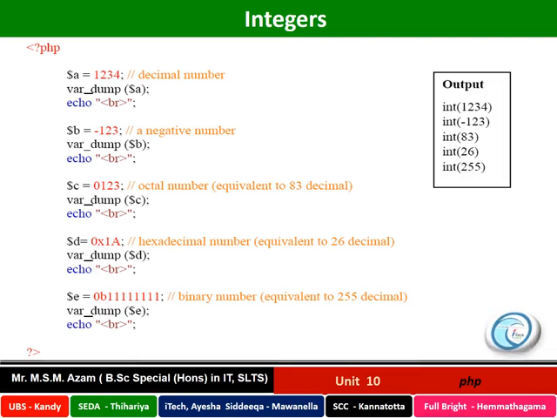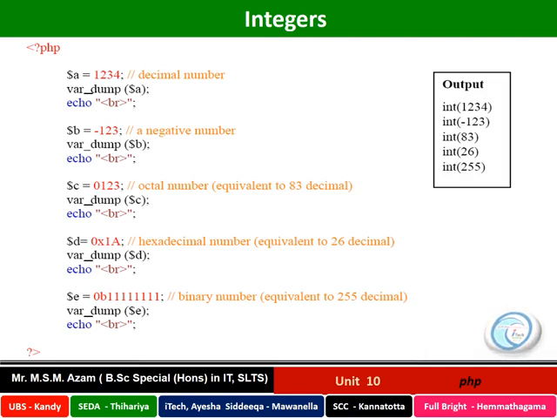We have created a variable called a. The value assigned to that variable is 1234. That is a decimal number value. So when you type var_dump $a, it returns the data type of that variable, integer, and the value of that variable